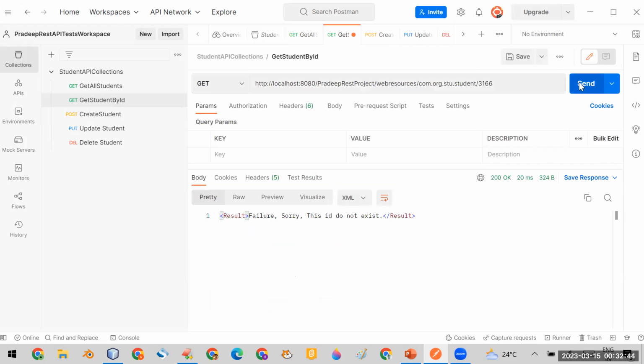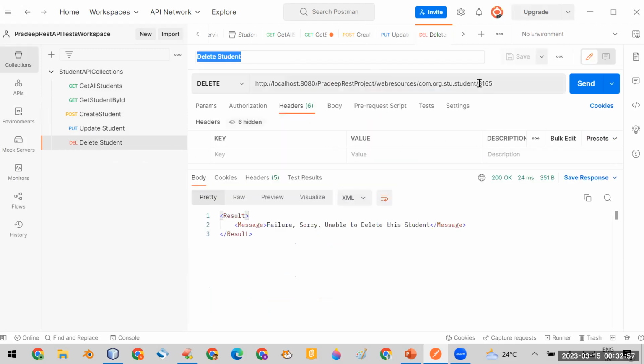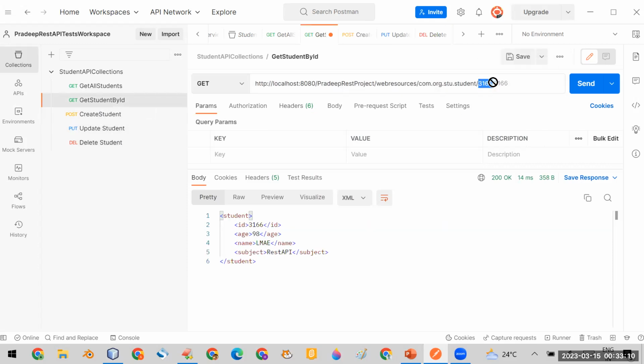So let me run it. I can run it also, and you can see I'm changing the data here. Now suppose whatever ID I'm using here, the same ID I want to use in my delete student API. The parameter which I want to pass in my delete API test should be the same one I'm using in get student by ID. So if you want to use this ID in delete student also,